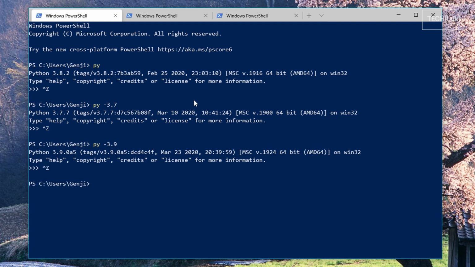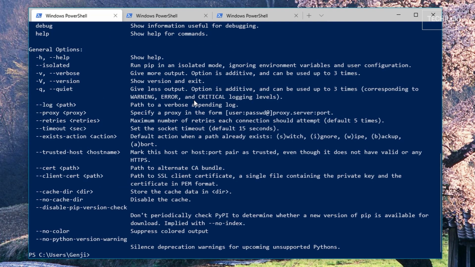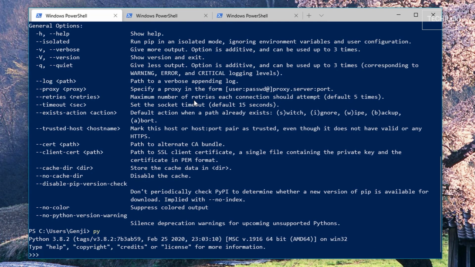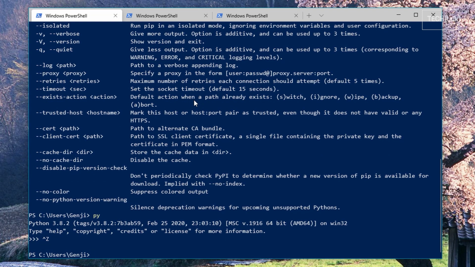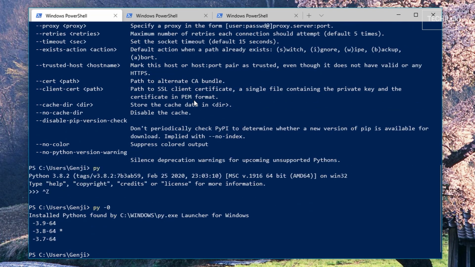For instance, to invoke pip, I type py -3.7 -m pip. If you don't pass along a version number, then py will just launch the default instance of Python, and again it will pass along whatever other command line arguments you've typed. If you want to see at a glance which Pythons are installed in your system, type py -0 and you'll get a list. The entry marked with an asterisk is the default.